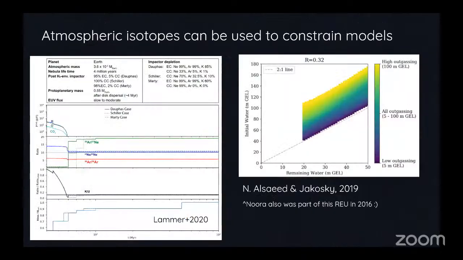It's not just hydrogen isotopes that we can use to infer things about past climate. We can also use other isotope systems, especially the noble gases. These are two examples of some recent work. The left one is a paper by Lammer et al. What they're doing here is coming up with different scenarios for what might have happened in the early solar system on Earth specifically. What were the impactors that were colliding with Earth? What kind of volatile inventories did they have? What was going on with the solar flux that was coming in? And they tweak all these different parameters. They run a whole suite of models.